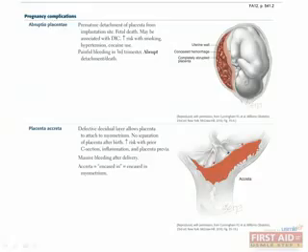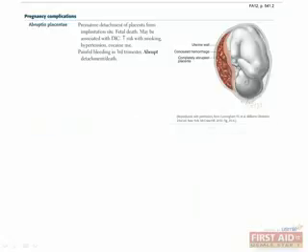There are a few more pregnancy complications you should know. Some of the more common abnormalities represent a big area of focus for the boards, so let's talk a little bit about a few that show up most frequently. Abruptio placentae is the premature detachment of the placenta from the uterine wall that can cause painful bleeding during the